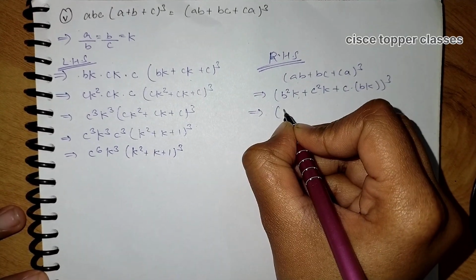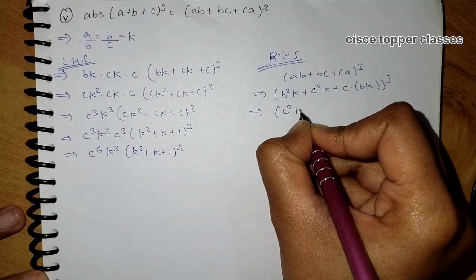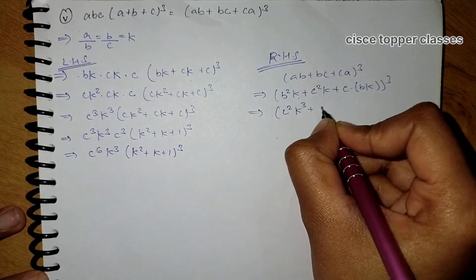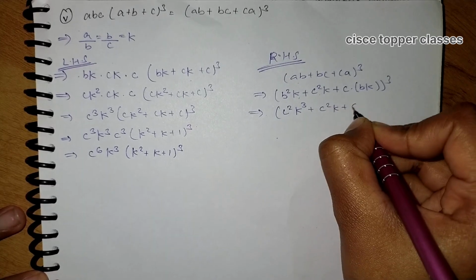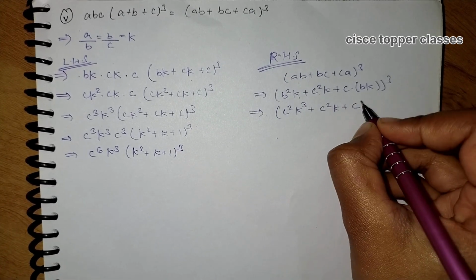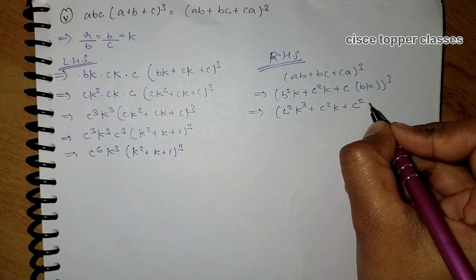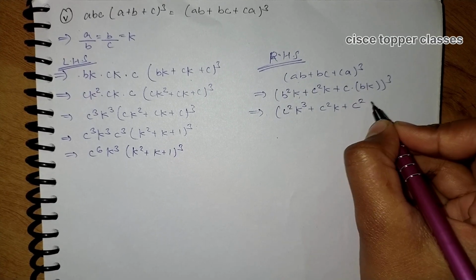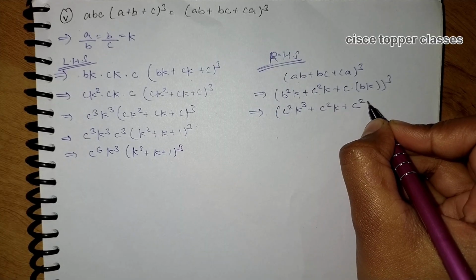Again B square will become C square K square, then K to the power cube plus C square K plus C. B will become CK. So C square K to the power C square CK. Here it will become C square K